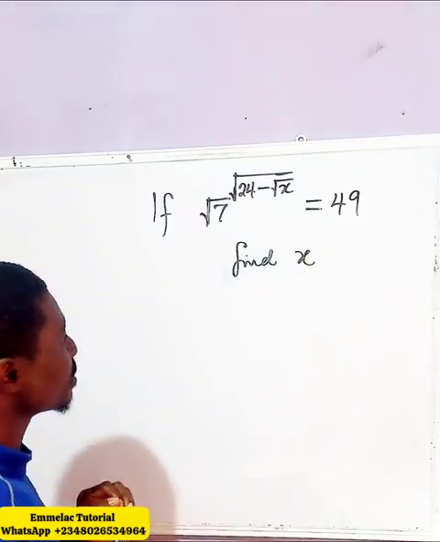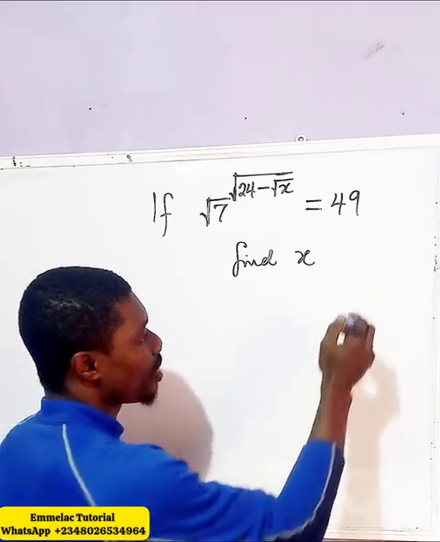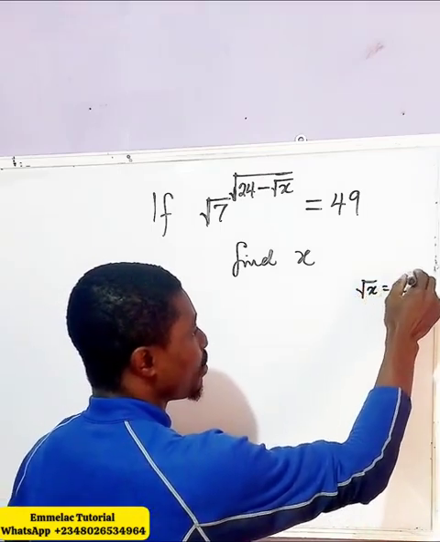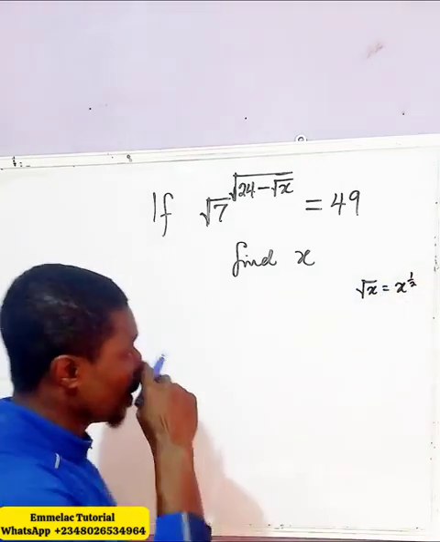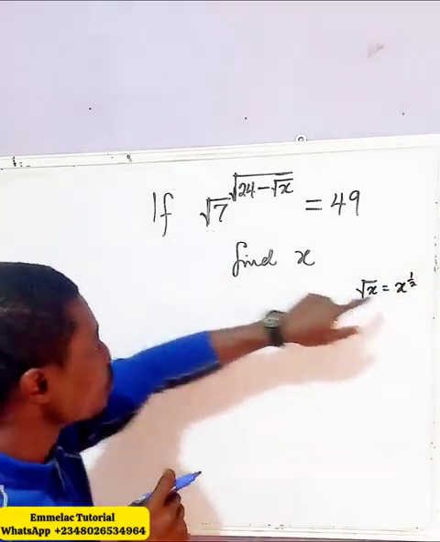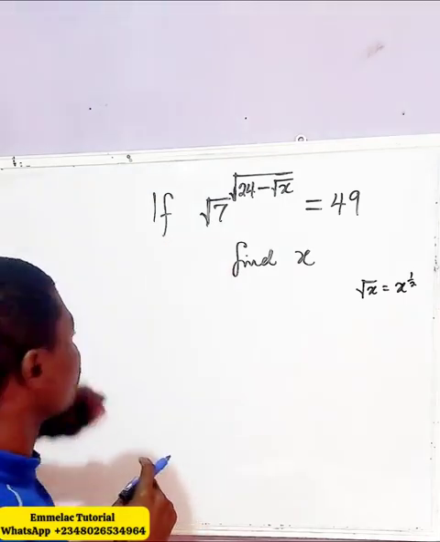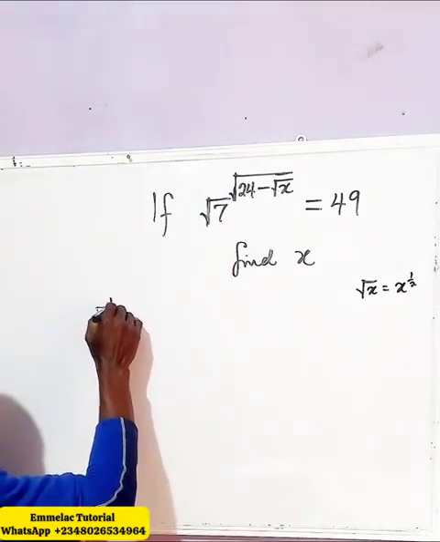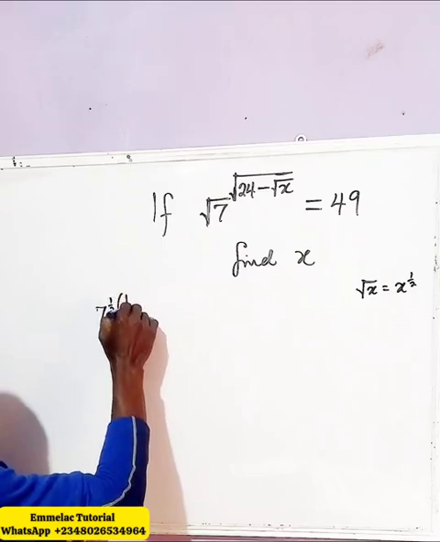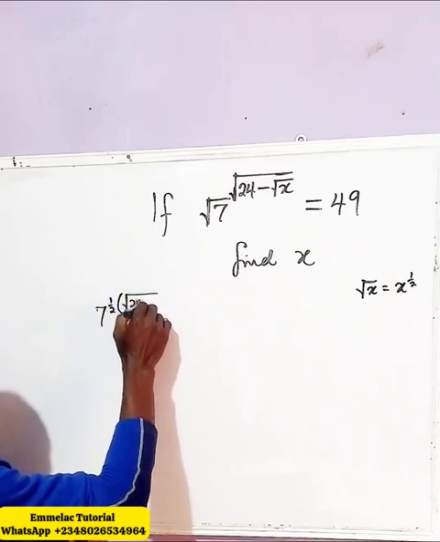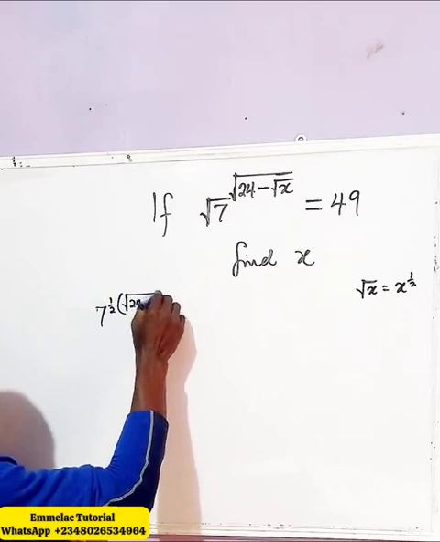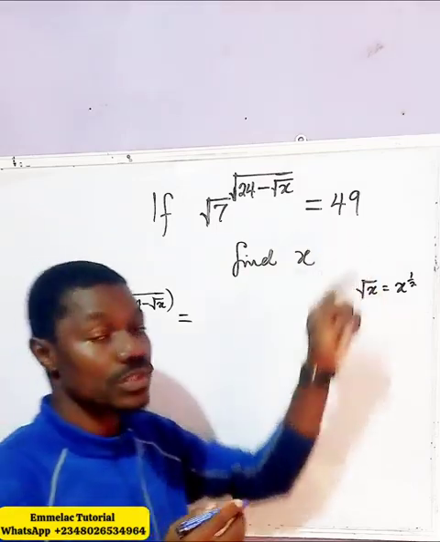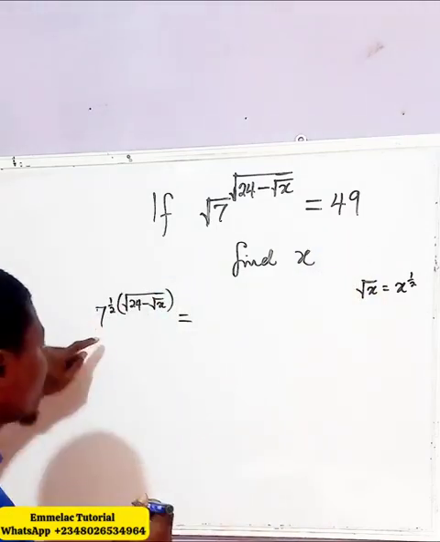Okay, so in that case, let's recall that when you have the square root of x, it is the same thing as saying x raised to the power of 1 over 2. Now let us apply this rule for the square root of 7. So we end up with 7 raised to the power of 1/2, then into the square root of 24 minus the square root of x, then equals, I want to reduce this to a base of 7